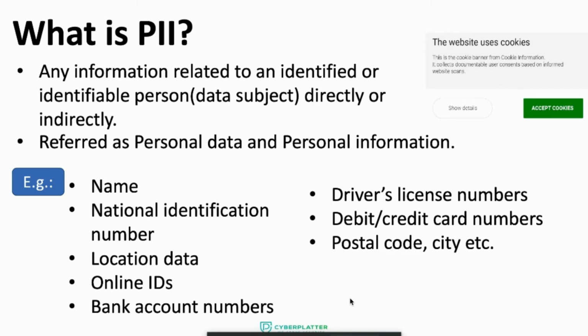You might have seen this message when you visit some websites. These websites ask you to accept their cookie policy. This started with GDPR, because websites use cookies to store user details for tracking purposes, and these details could be PII. That's why websites must get explicit consent from the user.